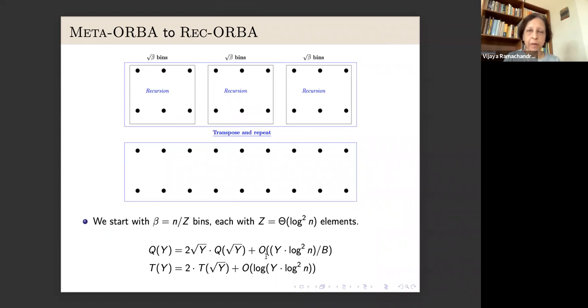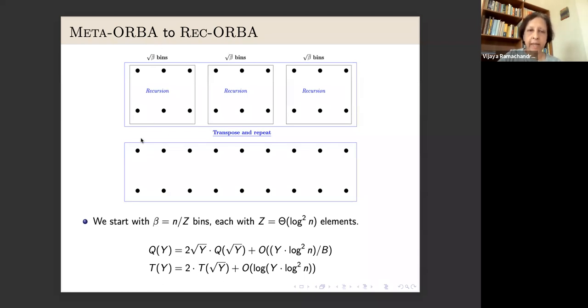Now, to get our binary fork join algorithm, we use the same strategy that is inspired by getting good binary fork join butterfly. So we group the bins into square root of n groups of square root of n bins each and solve recursively. And that takes care of the top half of the layers. And then a suitable matrix transposition will rearrange the bins so that they are in the same configuration as the start of the first layer,